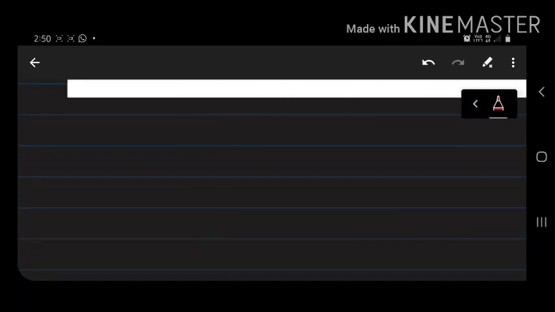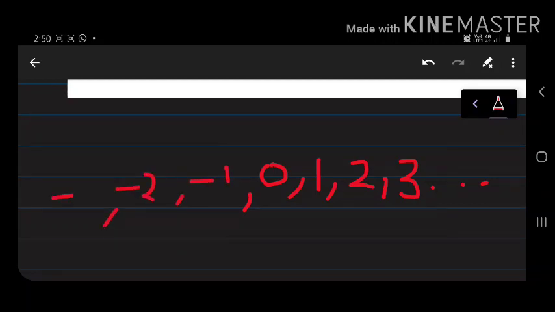So it's time to update our number system. So here we do it. We will write whole numbers starting from 0, 1, 2, 3 up to positive infinity. And also we will include all the natural numbers with their negative signs up to negative infinity. And this new number system is defined as integers.